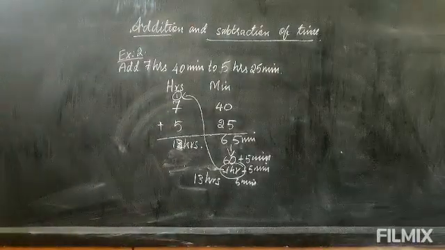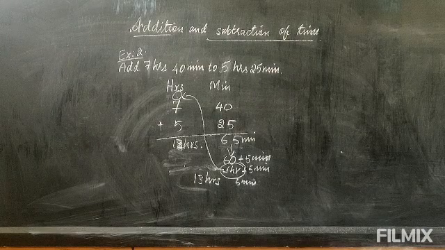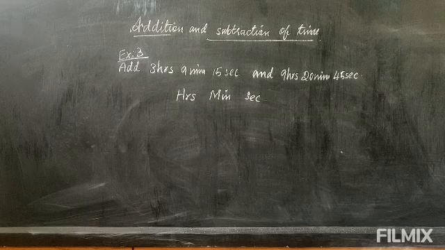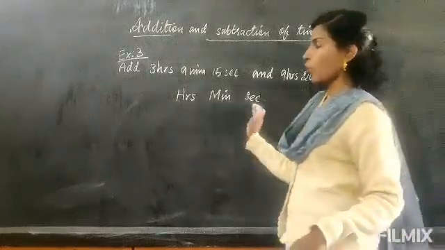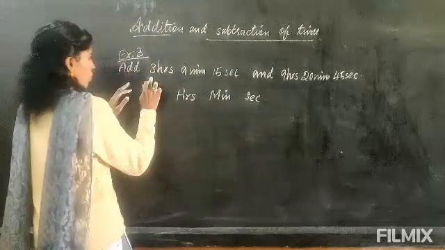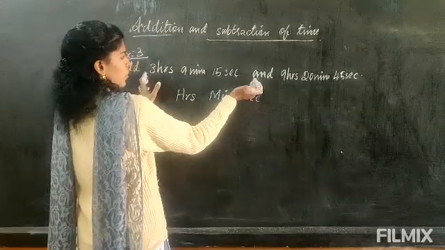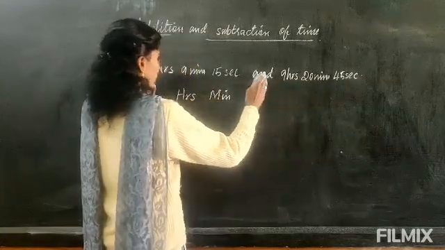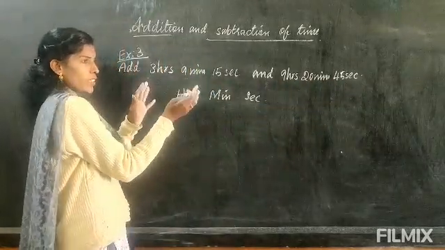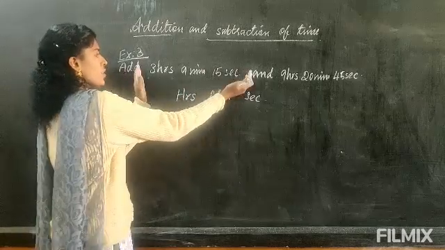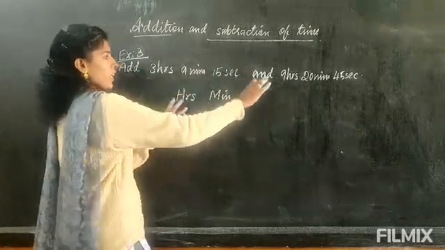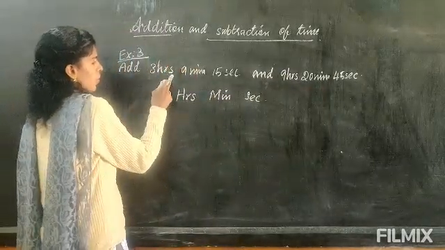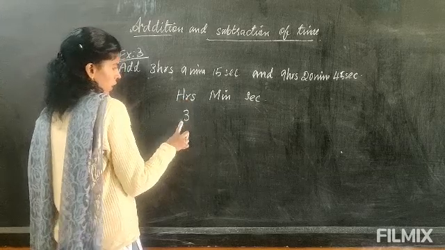Let's see now the seconds. Adding seconds. Now you see in this sum hours, minutes and seconds. 3 units are there. So we will arrange them in 3 columns: hours, minutes and seconds. Before the comma, this is all together one time, and after the comma, this is all together another time. Now here 3 hours is there, so arrange 3 directly under hours.